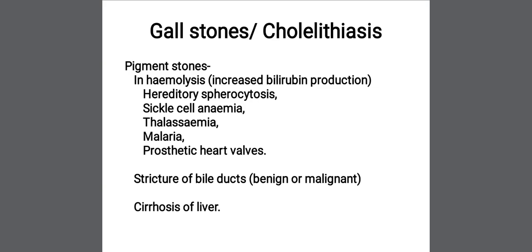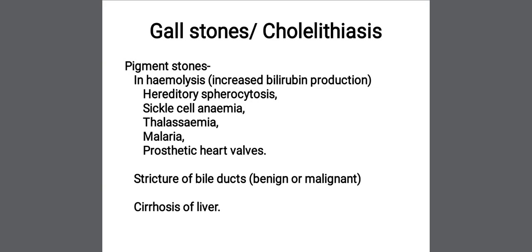In those conditions where hemolysis occurs and the bilirubin production is increased, the pigment stones are formed. We have seen in composition that pigment stones are composed of calcium bilirubinate. So these pigment stones are seen in hemolytic conditions, where the bilirubin production is increased, and the conditions are